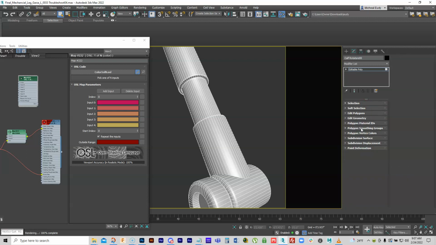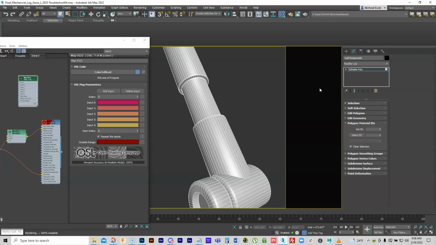Now what we want to do is get into this area which says Material IDs. By default, when you put a material on something, that's ID 1. And there's several ways that we can create material IDs. If we drop a new shader on a section, it creates a material ID,